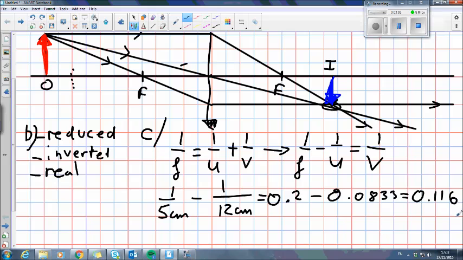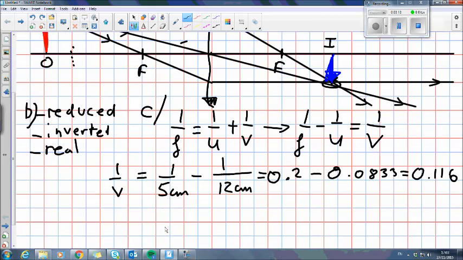0.116 and so on. Bear in mind, this is not the final answer. This is 1 over v. So what I now have to do is ensure that I invert the 1 over v, so turn it upside down, so it becomes v. What I've done is switched the 1 to the bottom, the v to the top. Same thing I have to do here, so instead of 0.116 divided by 1, you can think of divided by 1 there, invert it, it's going to be 1 over